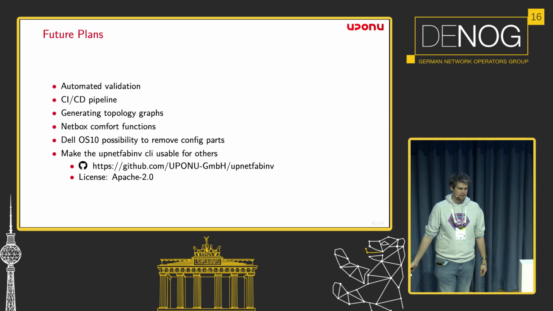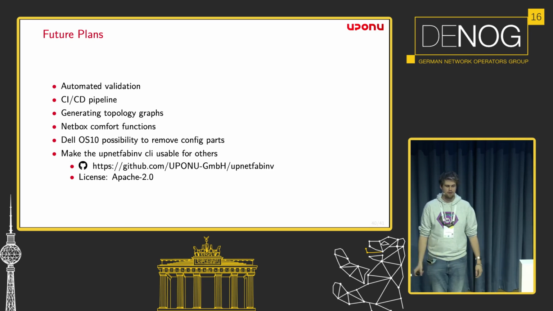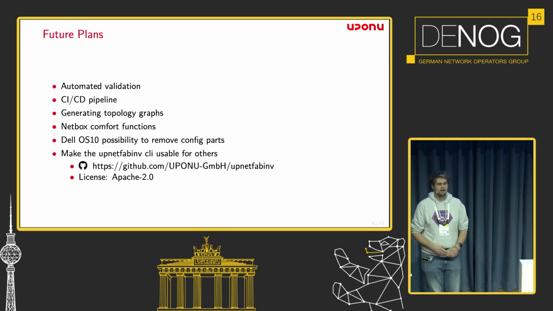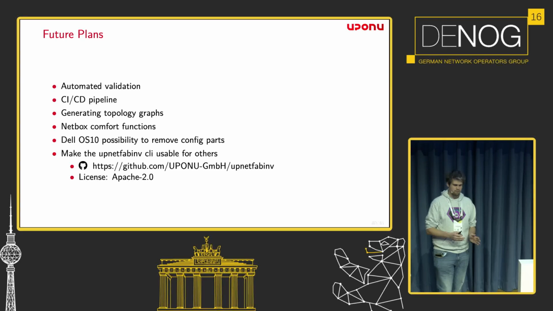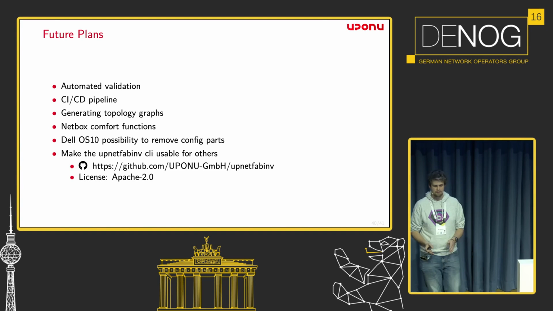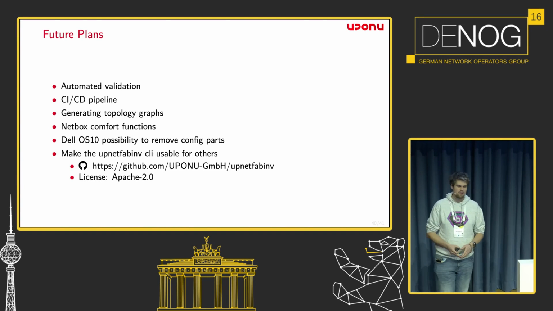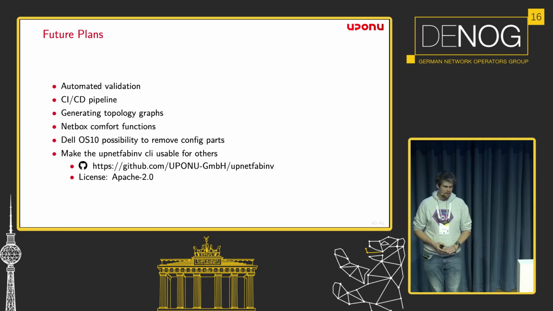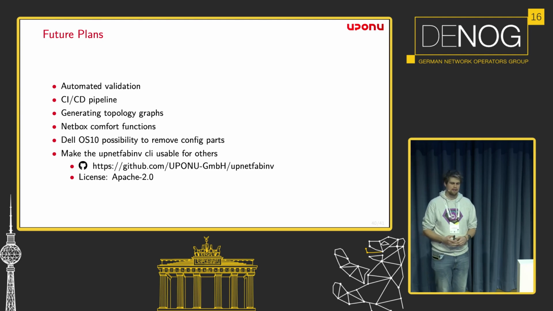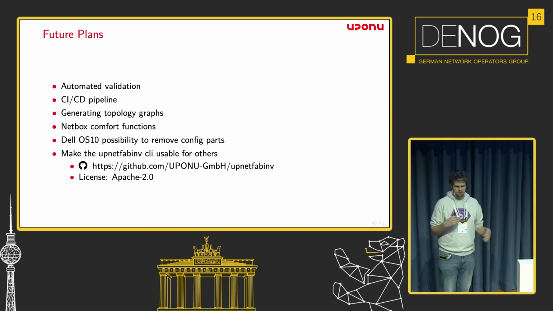Some future plans. We would like to do some more automation and validation. For now, we execute Ansible manually. We would like to put it into a CI/CD pipeline. We would like to generate more complete topology graphs. We have to add more Netbox comfort functions, like adding a VLAN. You have to click through a lot of steps to implement one simple thing, which is something we would